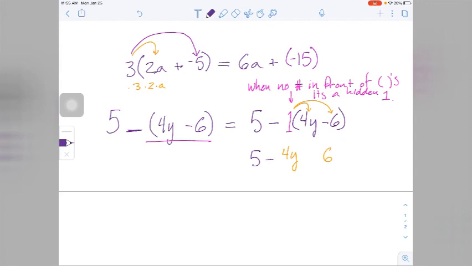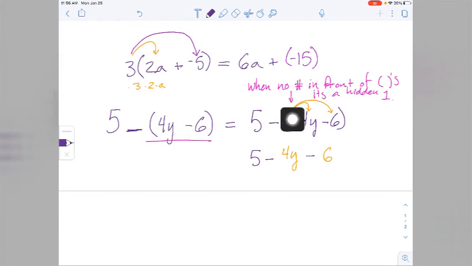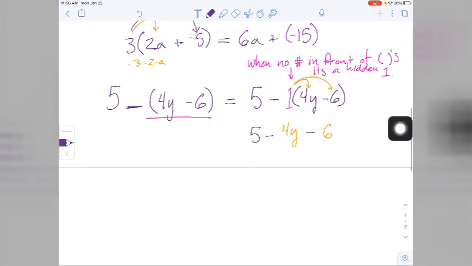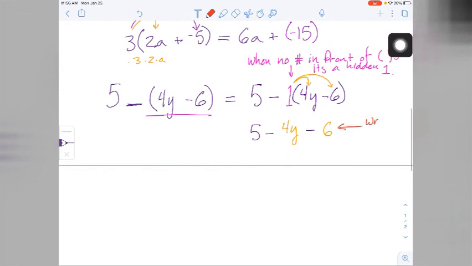So when you do this, you may think that you're supposed to write 1 times 4y minus 6, which equals 1 times 4y is 4y, and 1 times 6 is 6, and then you put your minus signs there. But that's not how this actually works. So this is a wrong answer. It seems like it's right, but we're going to talk about why it's wrong next. The reason